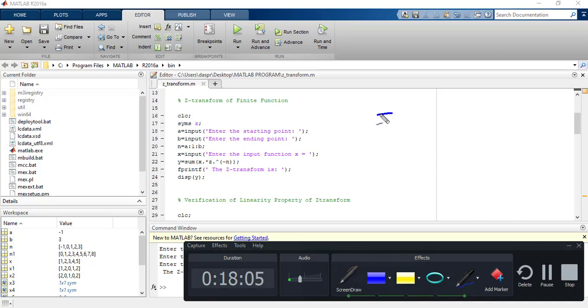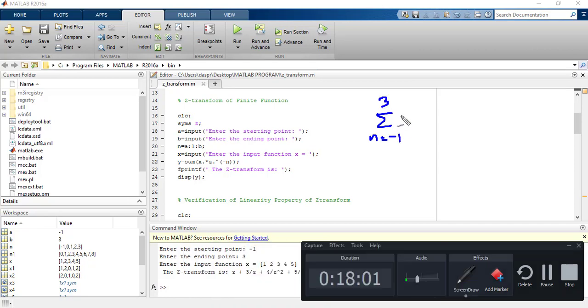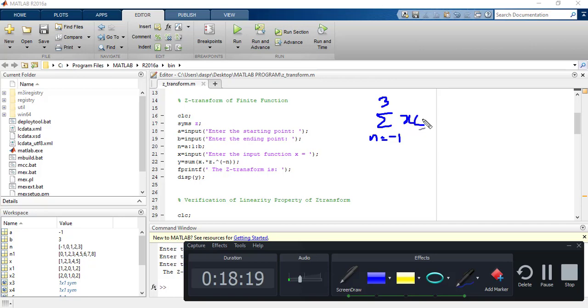If your starting point is, that means n is equal to what? n is equal to minus 1, 0, 1, 2, 3, x[n] z to the power minus n.